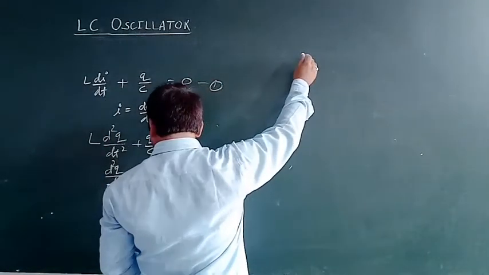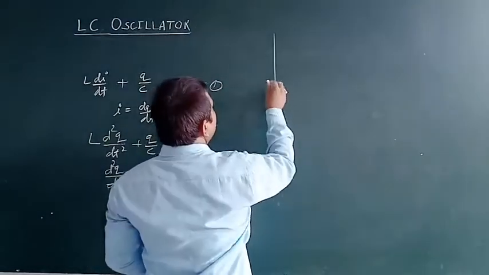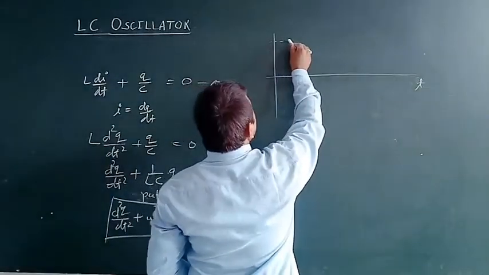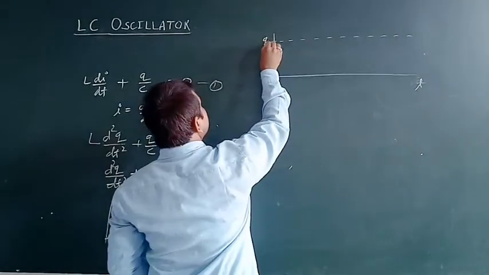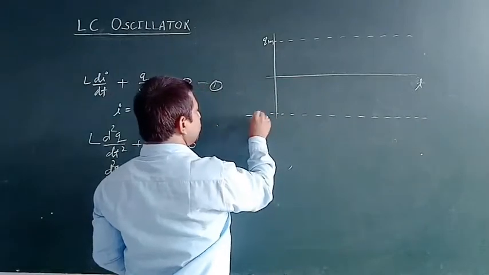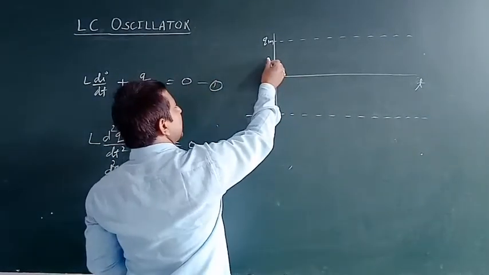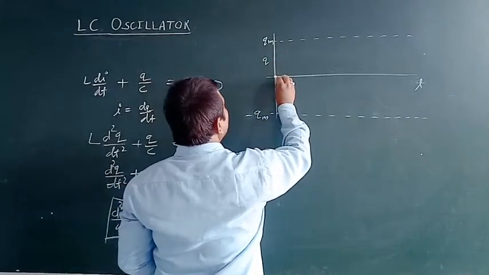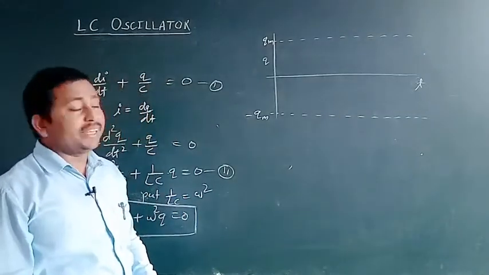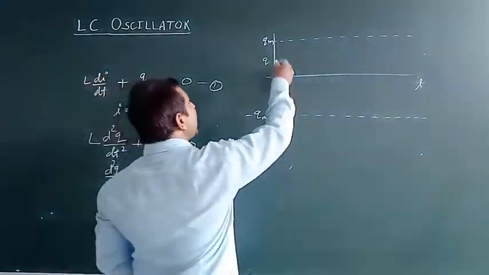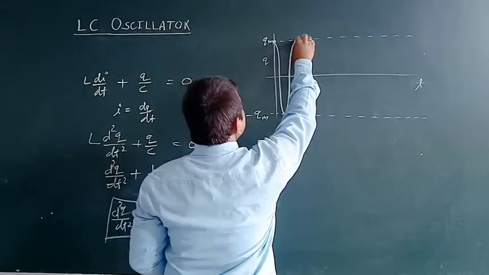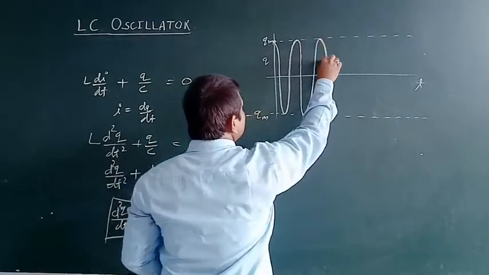As we are seeing, d2q by dt square is equal to minus omega square q. If we plot a graph of q with respect to time, suppose this is the maximum value of the charge, qm, and this one is the minimum, that is minus qm. If at an instant of time the amount of charge is q, then in the initial condition, the charge present on the capacitor at t equal to 0 is maximum. So we will start plotting the graph from here. This is the variation of qm with respect to time,